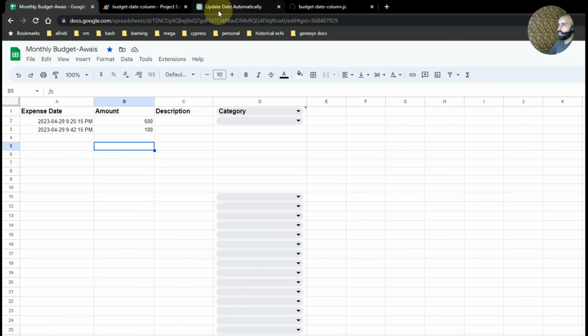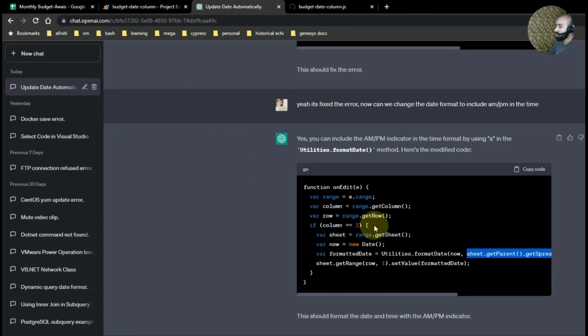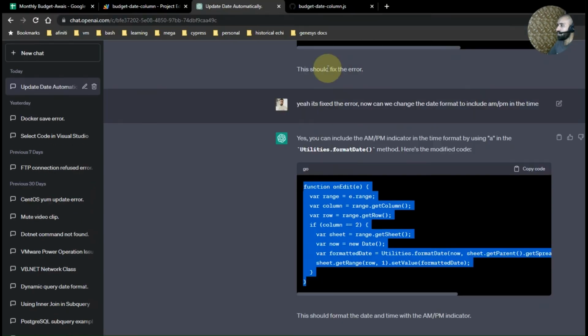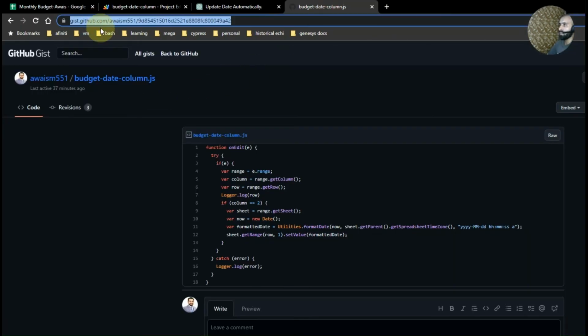So this was a good solution, and a good learning journey. I hope I have shared all the learnings I got from this. I have also added this little code on this gist, and I am adding the URL of this gist